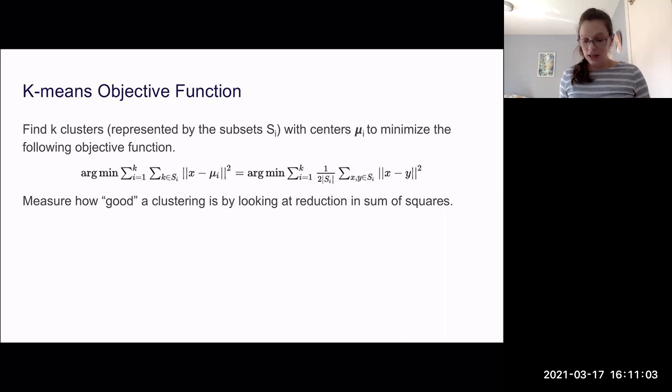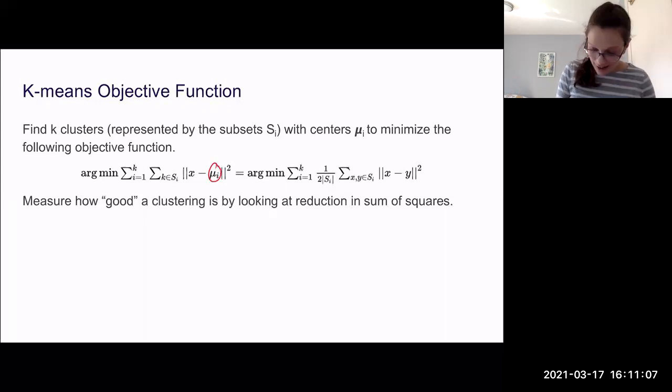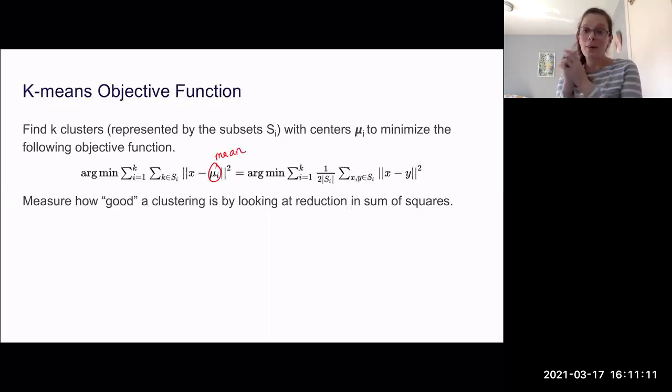If you look at the first objective function here, this is like the mean, that center, that representative point that could summarize that cluster. And then we're minimizing, summing over all the points, the distance squared to their cluster center,